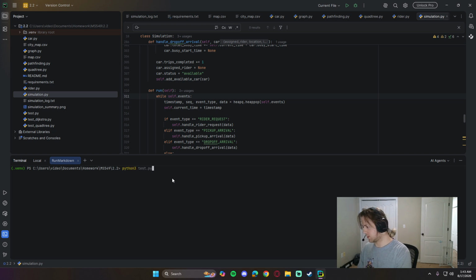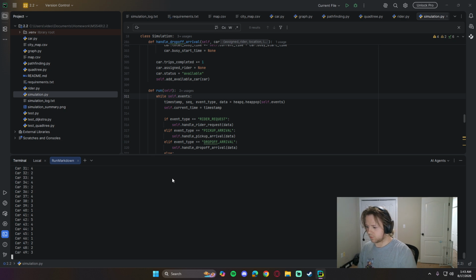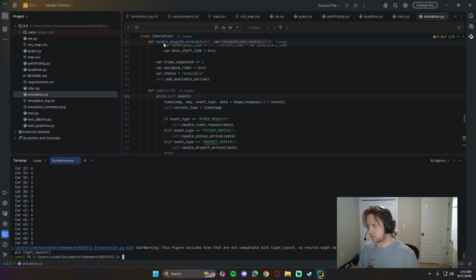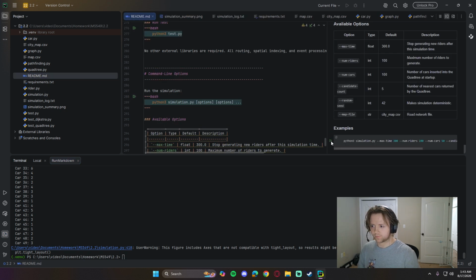Start off showing it's working. There's a test file in this one. This is with all the arguments. See, it works there. You can also just go to the readme.md and run it from there. That runs all the arguments, makes it a little easier. And so,